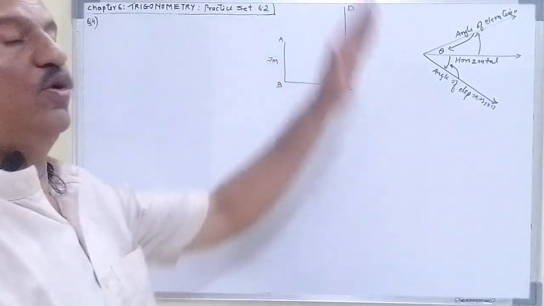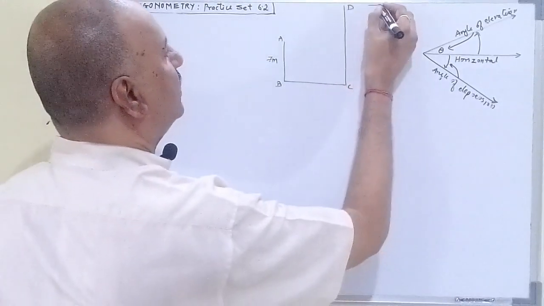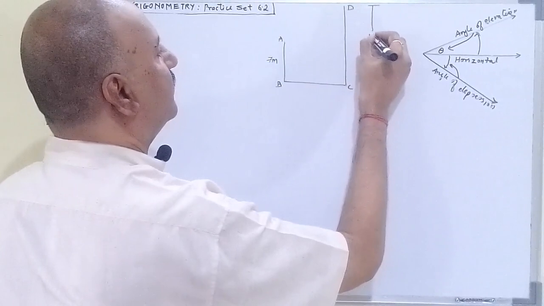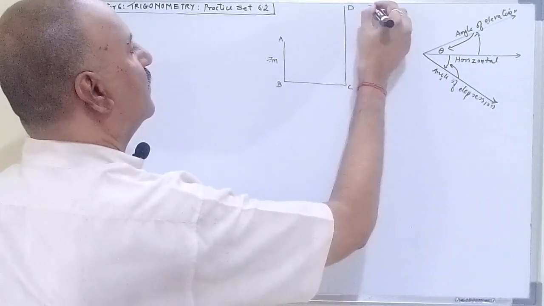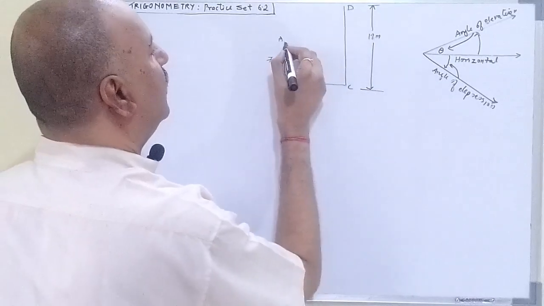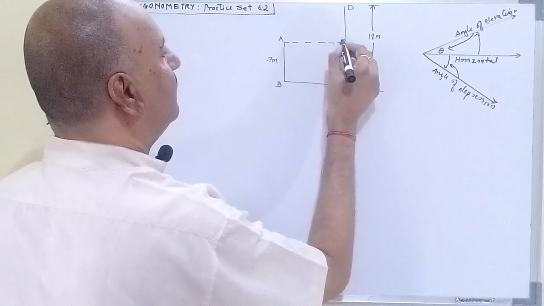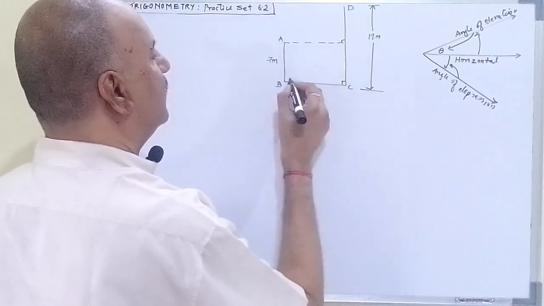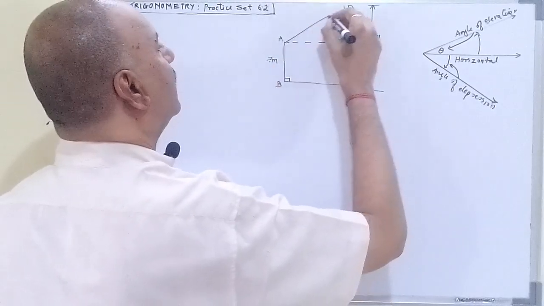DC is the bigger pole, length is 18 meters. Total 18 meters है। ये हॉरिजॉन्टल है, वापस ये परपेंडिकुलर, ये हमें ज्वाइन करना है।